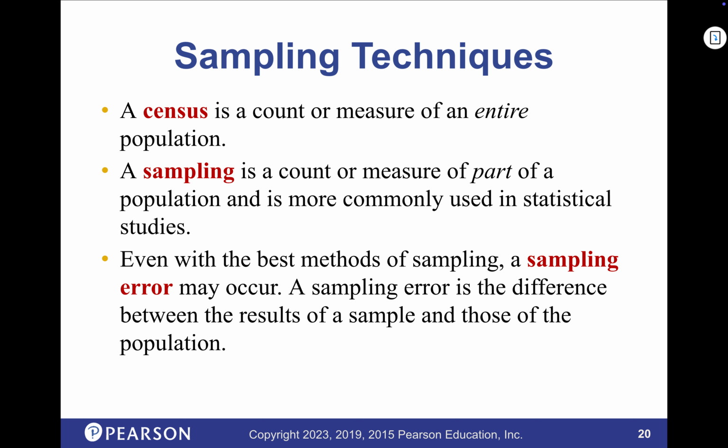The bottom line to remember, though, is even if you do everything right, you follow all the rules that we're going to talk about, you get your good sample, you do all these things, we can still have error. And you'll even see it in the news, right? They report a sampling, like with elections, so-and-so is leading by 65%, plus or minus. There always is error in their reporting. So it's not that we can eliminate error, but we should at least be able to calculate it and know how much error is involved in what we're doing. And we could do that with the techniques we're going to learn.